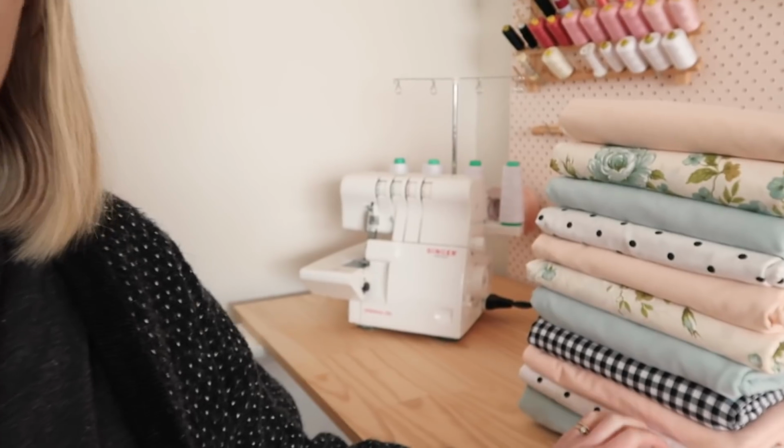Okay, so it's the next day, and this morning I have started working on a really exciting project. It's a completely new product that I'm working on for roseryapparel.com that I've never done before, so it may work, it may not, but I'm going to give it a try anyway. Basically this morning I have been busy ironing this beautiful pile of fabric because the plan is